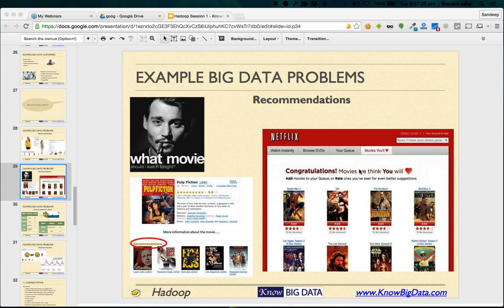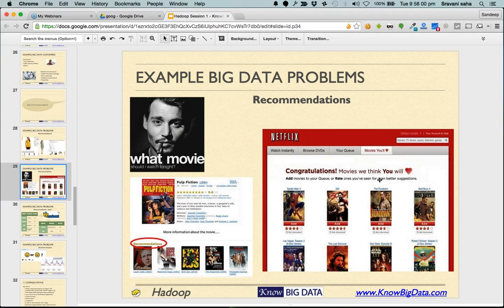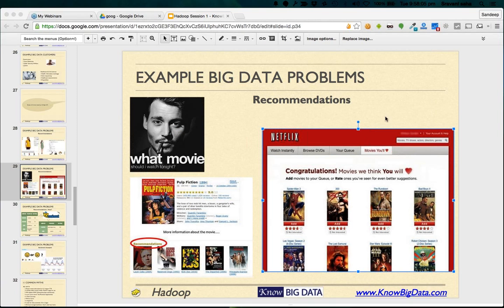These are recommendations that are not user based. But here it says clearly, congratulations, movies we think you will love, with the "you" in bold. It has gathered statistics, it has asked you hundreds of movie ratings, and based on that it has given a suggestion that these are the movies you will love. It's not saying people who bought this movie also like that movie. This is user to user recommendation. This is user product recommendation. Do I make sense now, Sridhar?